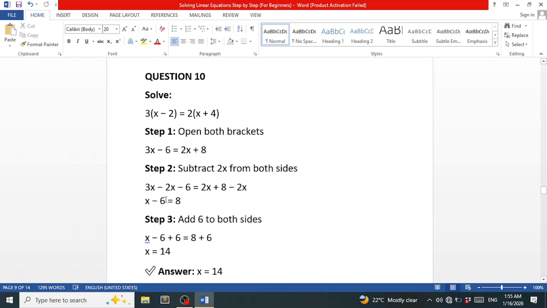Then 3x minus 2x, what are we gonna get? This is 3 minus 2, that is 1x, okay, which is this x. Here there's a coefficient of 1, but no need to put it, since 1 multiplied by an unknown or any number, it remains that unknown, which is x, equals 2x minus 2x, we're gonna have 0, 0 plus 8,